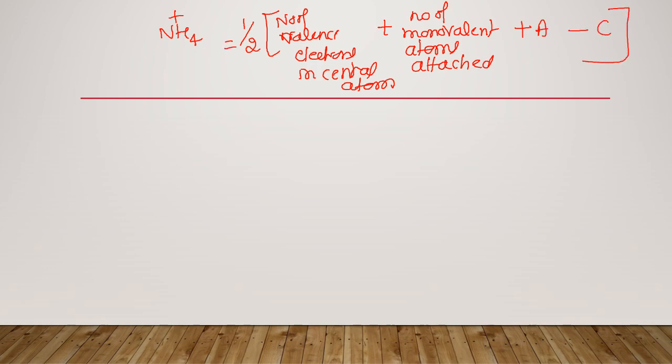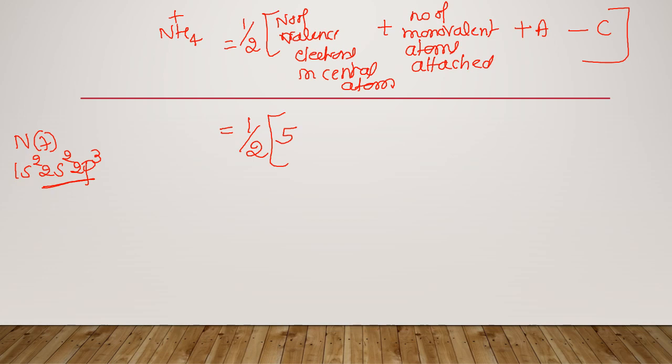In case of the ammonium ion, which is the central atom? Nitrogen. Yes, because 4 hydrogen atoms are bonded to the same atom. How many valence electrons are there? They are not asking for the total number of electrons, it is the valence electrons. You have to consider the valence shell. The electronic configuration of nitrogen is 1s2, 2s2, 2p3. See the valence shell, 2s and 2p: total number of valence electrons 5. Or directly, if you know the group, since nitrogen is a group 15 element,